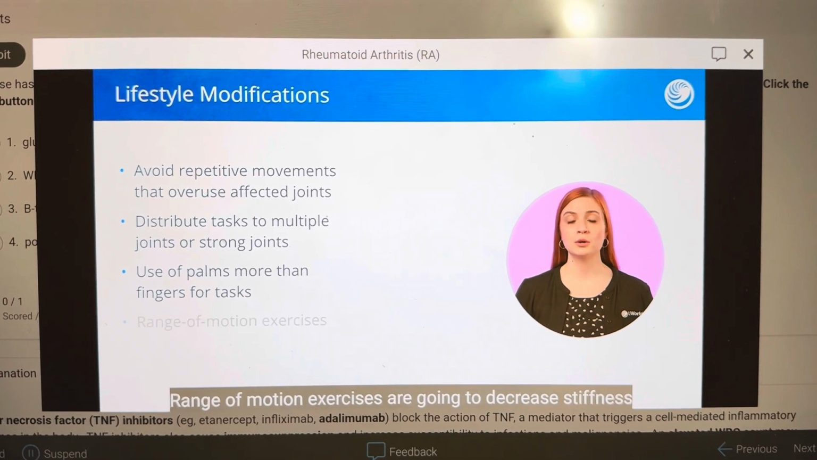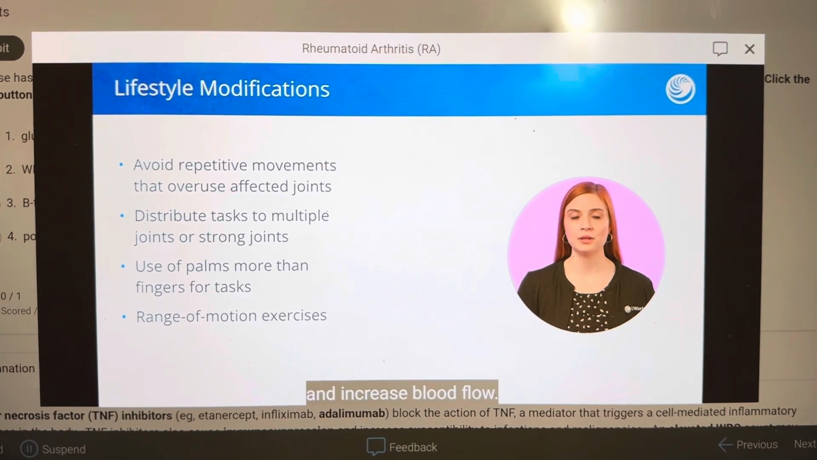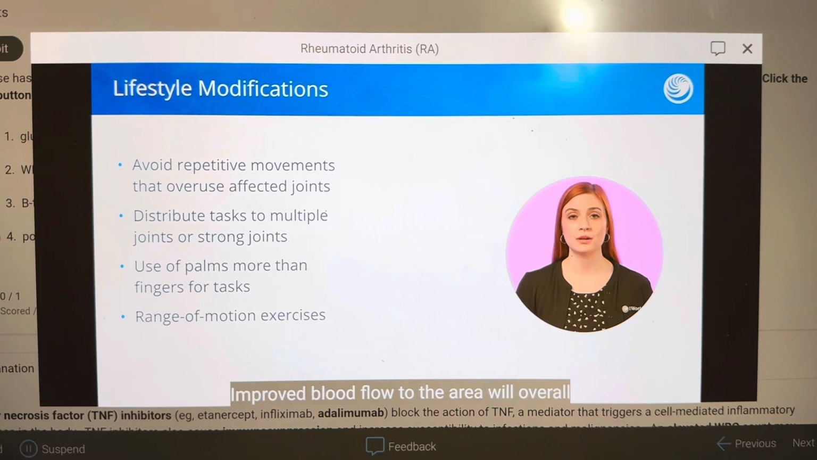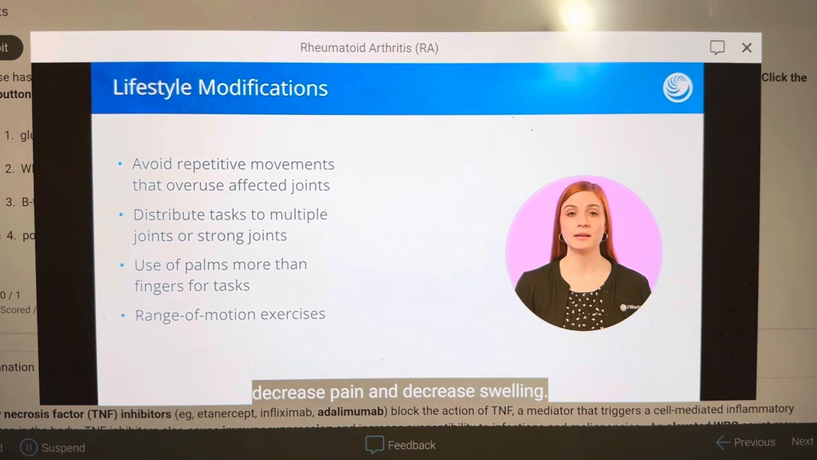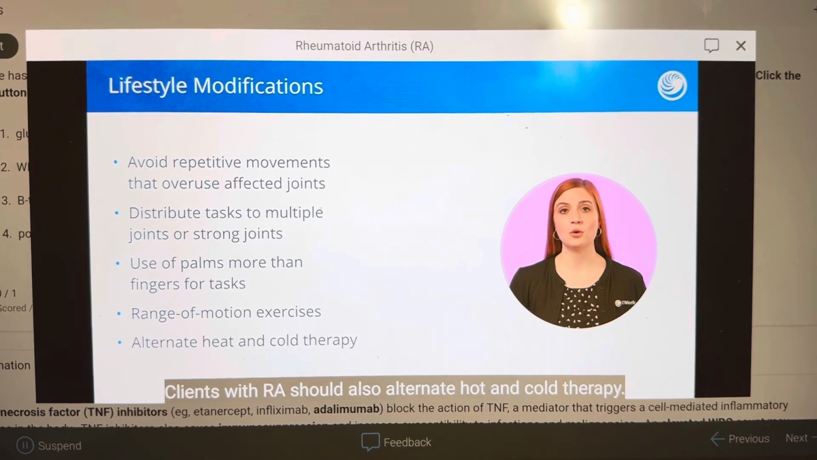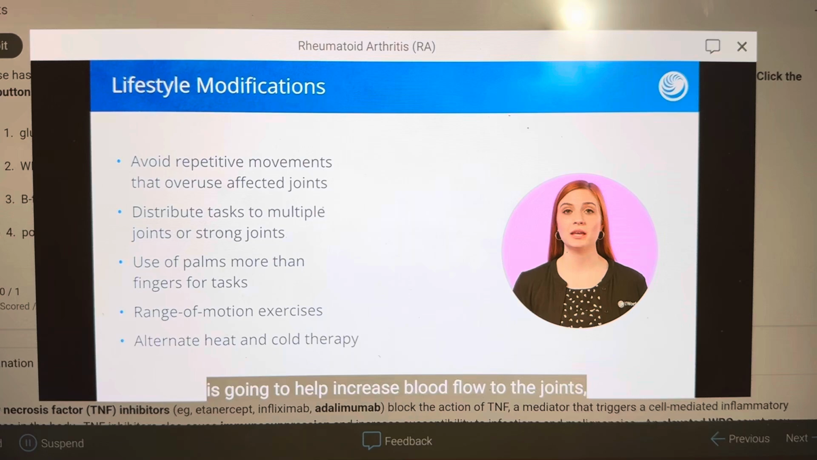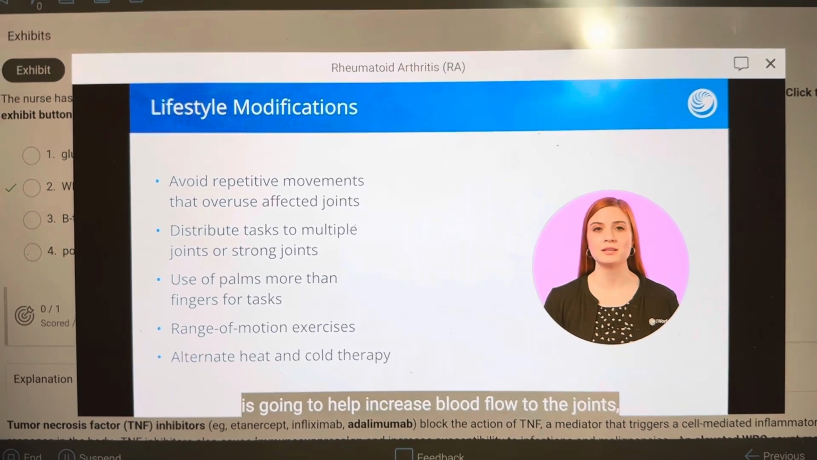Range of motion exercises are going to decrease stiffness and increase blood flow. Improved blood flow to the area will overall decrease pain and decrease swelling. Clients with RA should also alternate hot and cold therapy. Heat therapy with something like a heating pad is going to help increase blood flow to the joints, whereas cold